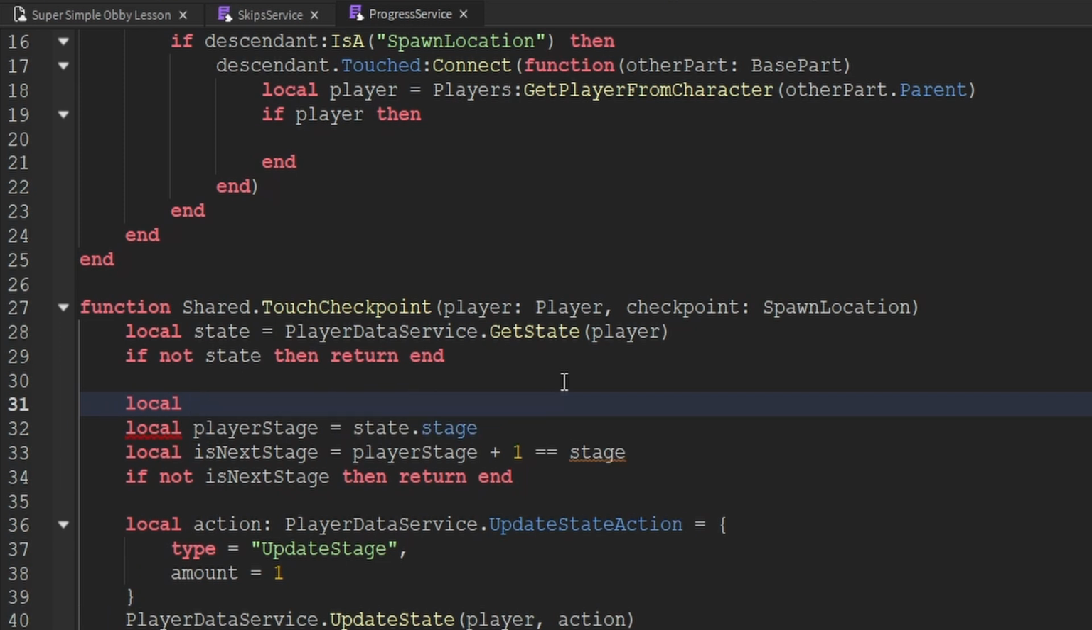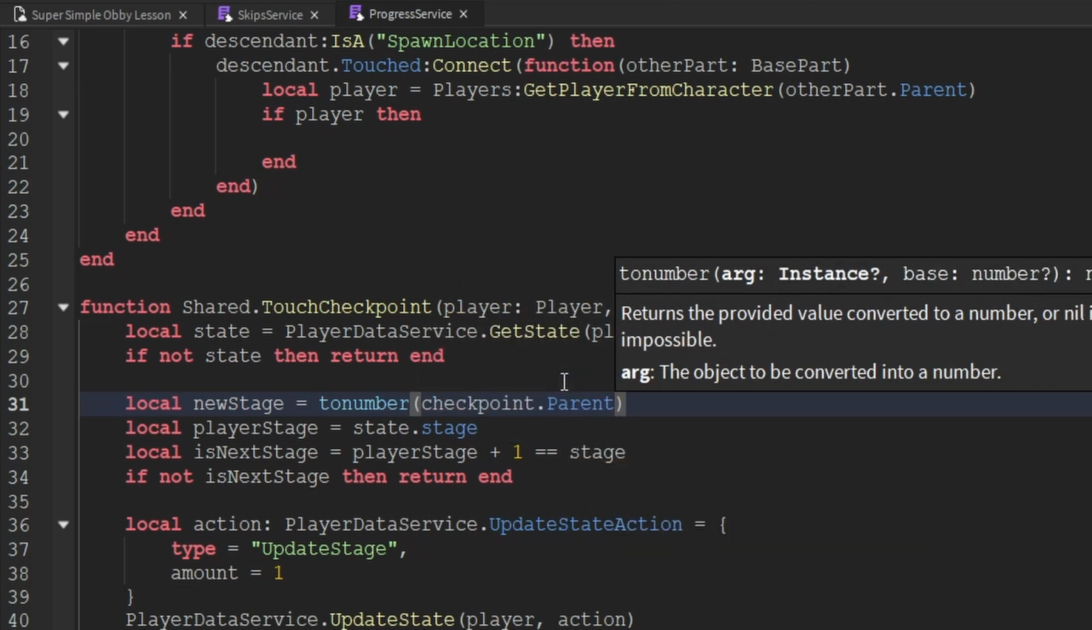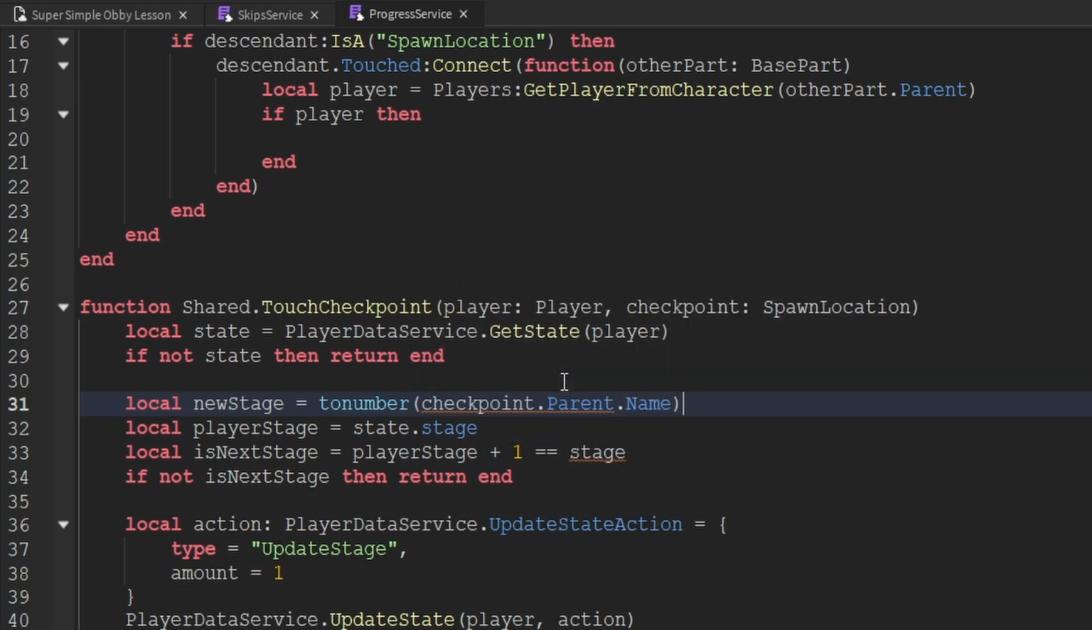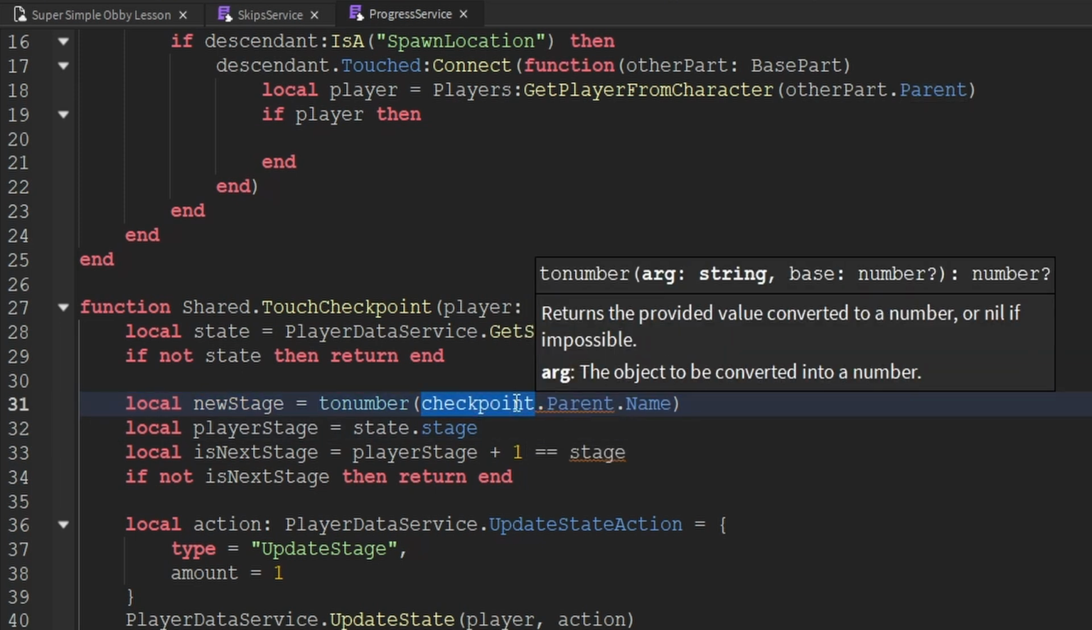Now before the player stage variable, I'm going to create another variable, which is going to be called new stage. And to get the new stage, what we want to do is get the parent of the checkpoint, and we want to get their name and convert that to a number. Now, the reason that we have a red underline here is because we cannot guarantee that the checkpoint will actually